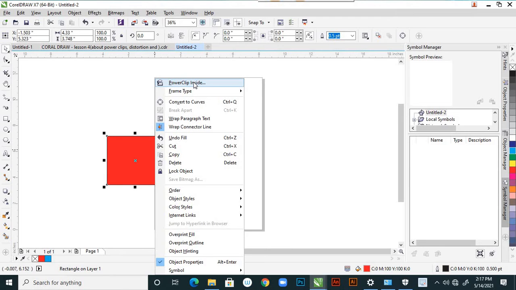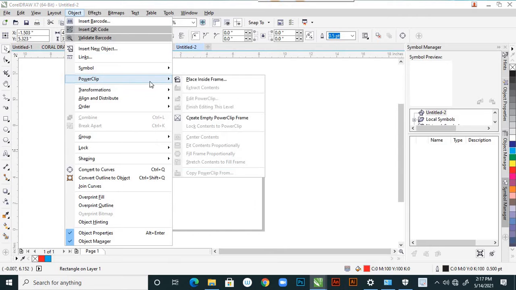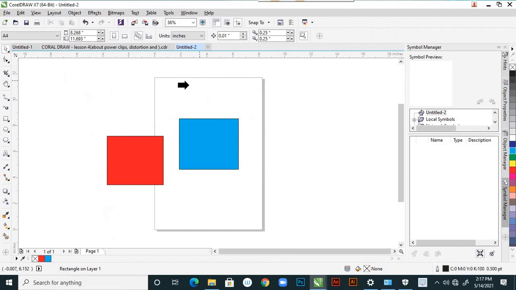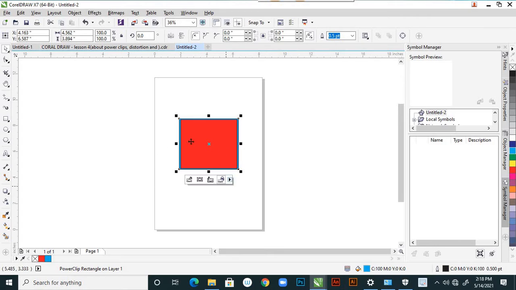There is a right click, or otherwise from the Object menu you can also find PowerClip Inside. Next, you will immediately see a black arrow. You can keep the black arrow on the right side shape, and it is automatically added into the PowerClip.